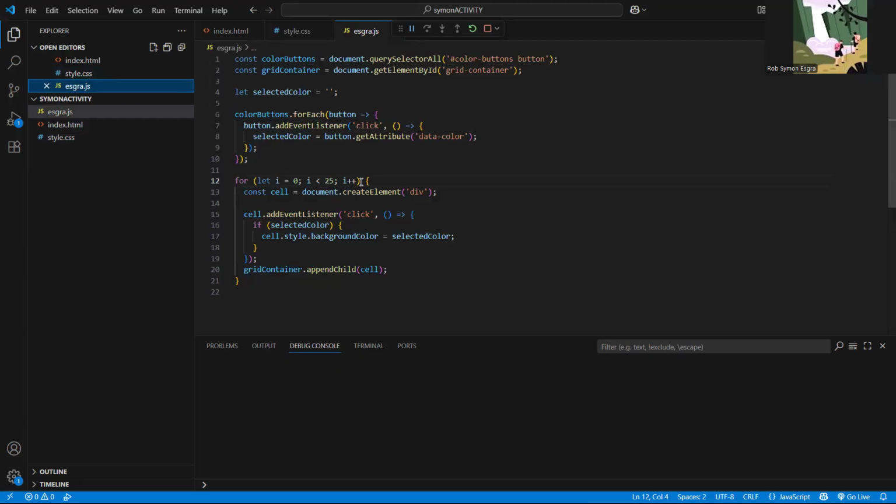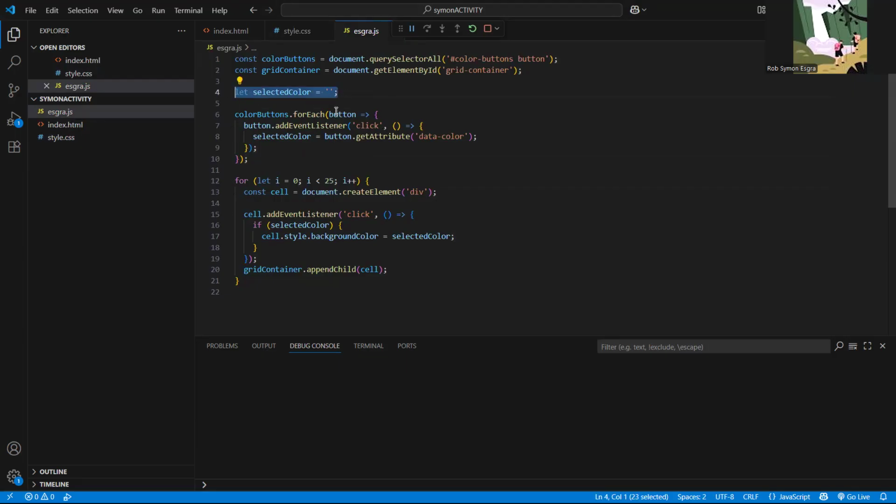So we have variables here, constant, immutable, color buttons, and then the container, and then an immutable selected color variable.